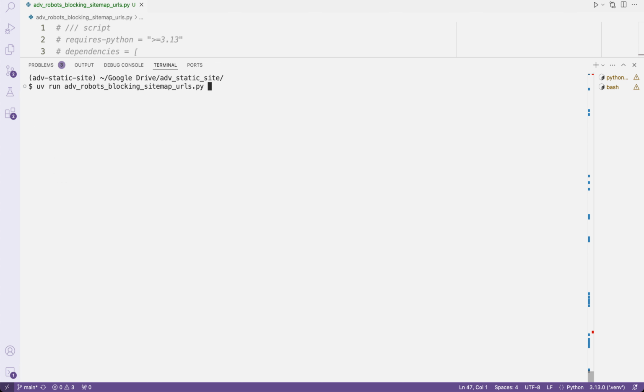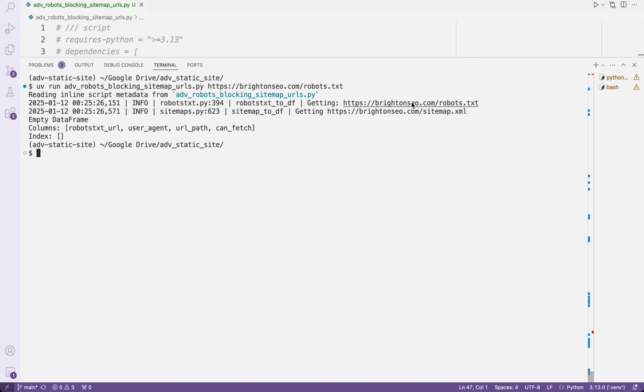So let's do this now. HTTPS. Let's do Brighton SEO, for example, /robots.txt. So it's going to go ahead and grab the file, parse it, get the rules, XML sitemaps, get all the URLs there, run a check, and it got me an empty data frame. Empty data frame means great. There's nothing that you cannot fetch in your